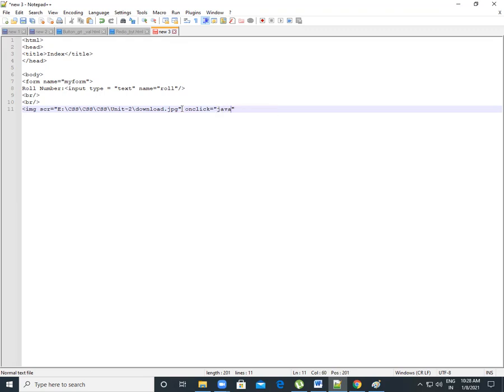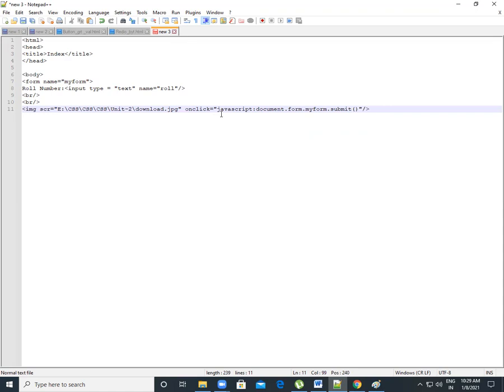For that, javascript colon document dot forms, then my form, because I'm using my form name, and now the submit function. Correct. Now I close this tag.